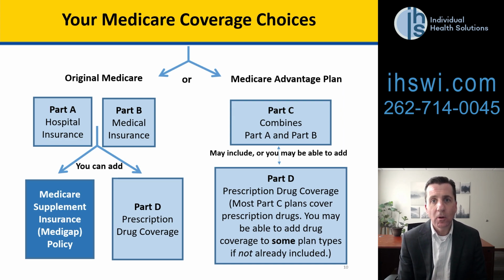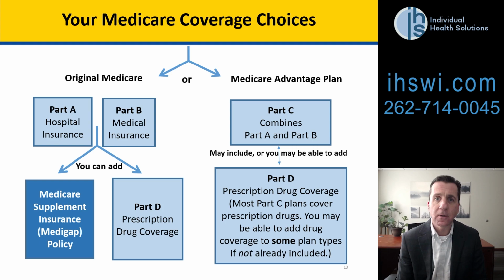So once somebody does enroll in Medicare and is in Medicare as their primary coverage, there are two distinct options that they have to really fill in the gaps, to supplement their insurance and add in prescription coverage. So the first option would be the arrow to the left, and under this option, what we do is we add on top of original Medicare. So original Medicare A and B would be the primary, and then we would add a Medicare supplement, and sometimes it's also referred to as a Medicare gap or a Medigap type of policy. So that would be the second part to this option.